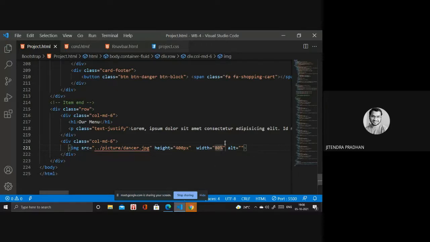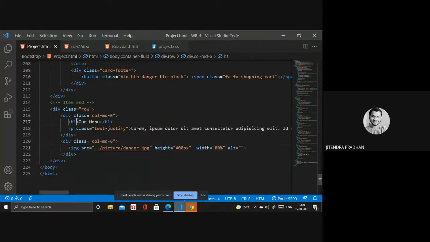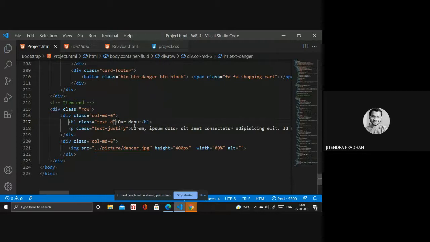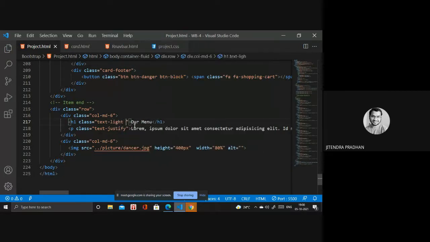Okay, for understanding purposes. If you want some color in between, then you have to use a class, and in that you use text-danger. And if you require any particular color, you have to use that color. If you want a black background, then you have to use text-light and bg-dark.